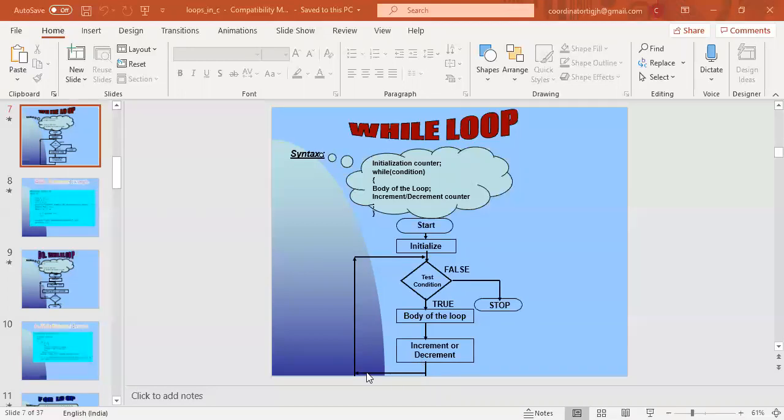And again, the arrow is here. Why? Because the while loop is executed repeated times until my condition is false.